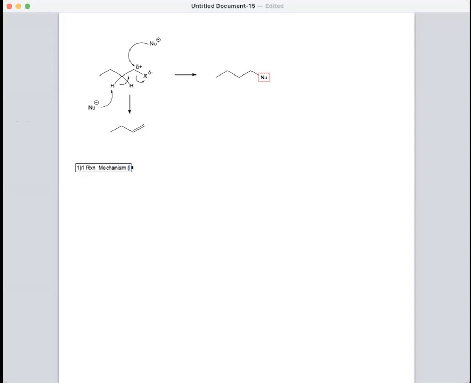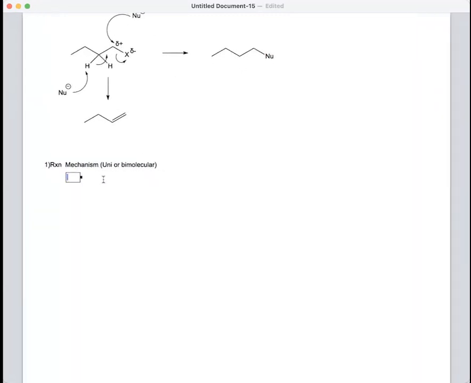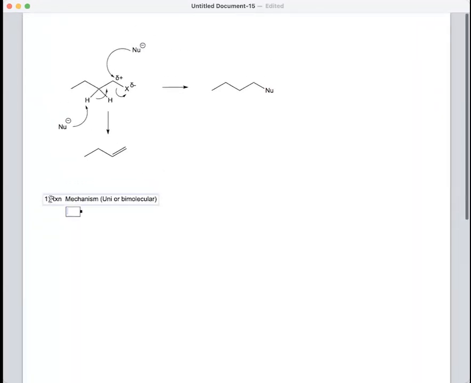As we know, it could be uni- or bimolecular. That's first. And the criterion for determining if the reaction is uni- or bimolecular is simply the base, right? So you're always going to determine if a reaction is unimolecular or bimolecular by how strong the base is that you're using in that reaction. So if we use a very strong base, and strong bases are those that are negatively charged, we're going to have a bimolecular reaction. If you have a weak base, weak to moderate bases,